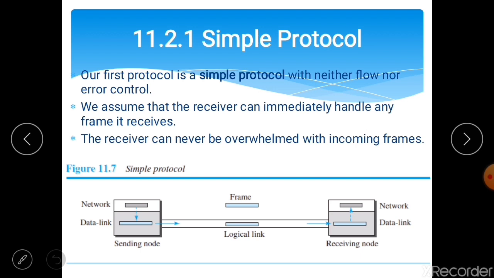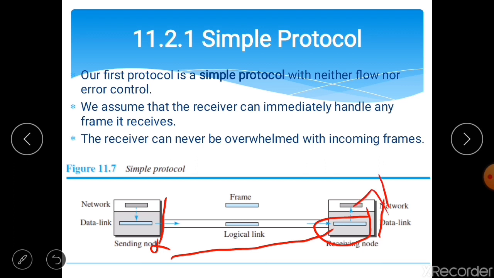So here the data link layer at the sender gets a packet from the network layer, makes a frame out of it and sends that frame. The data link layer at the receiver side receives a frame from the link, extracts a packet from the frame and delivers that packet to the network layer.